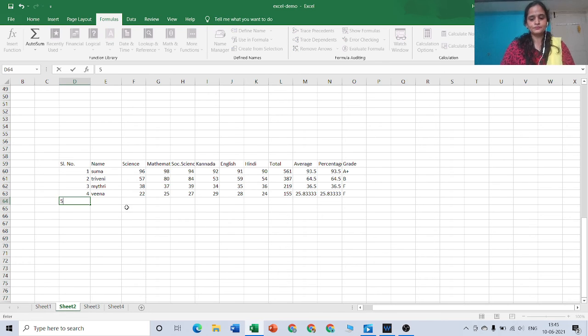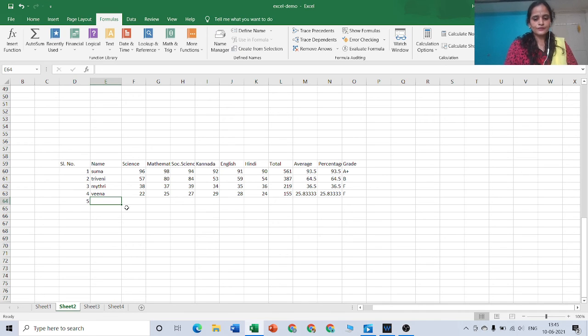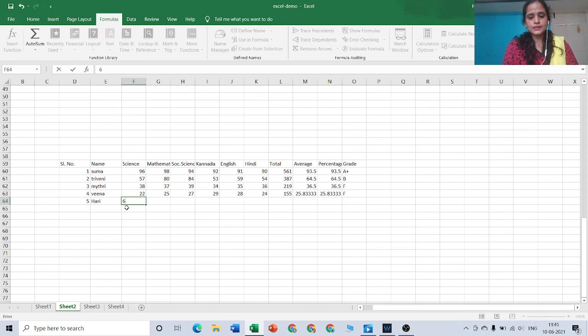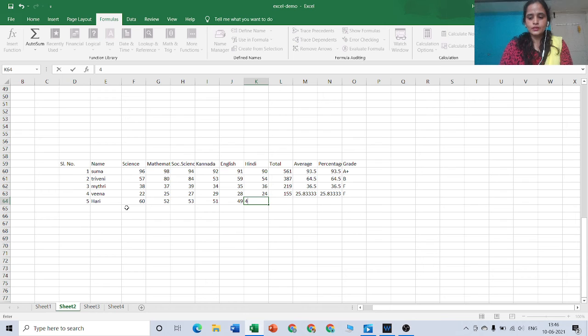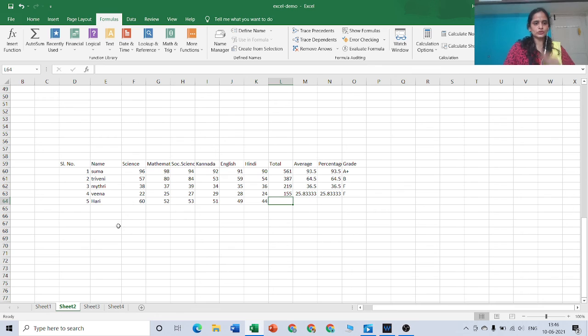So serial number 5, I will type one name and I will give some score, okay, 60 and 52 and 53, 51 and 49 and 44 and one more. So these are the scores that have been obtained by Hari. Just tentatively I have given it.